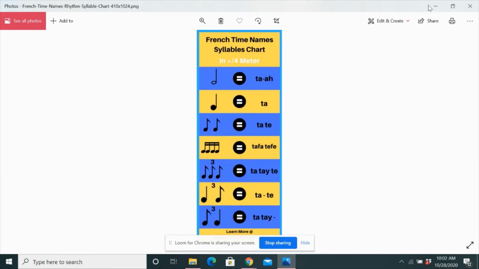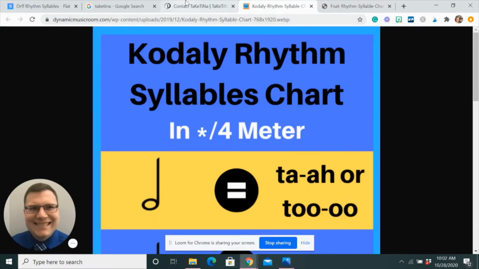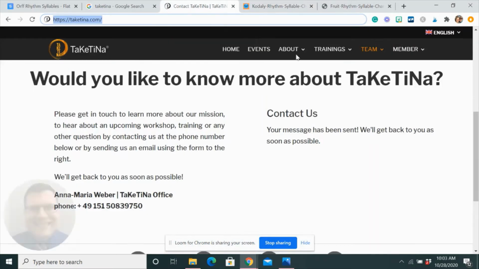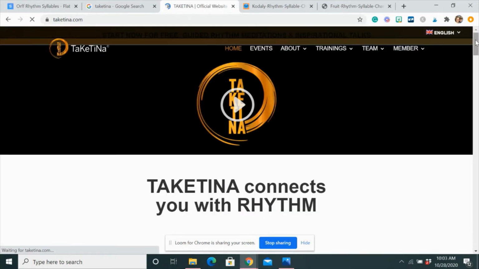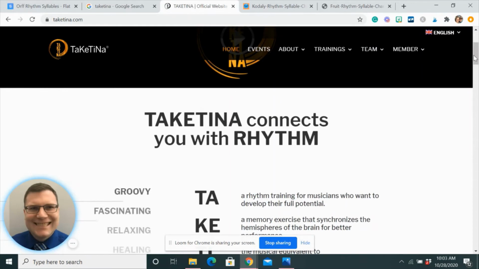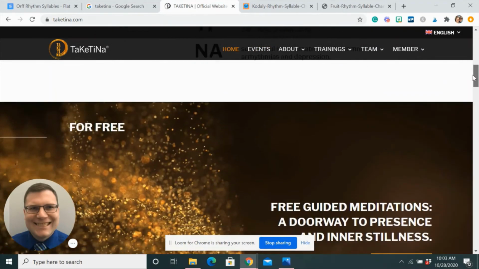And that's just a different way of doing it, which is kind of cool. And I'll show these all side by side in just a second. The fourth way, which was completely new to me and totally fascinating, here I'll go back to the homepage, is this thing called Takatina. And I believe it was on Doug Goodkin's blog, who's an Orff teacher and presenter